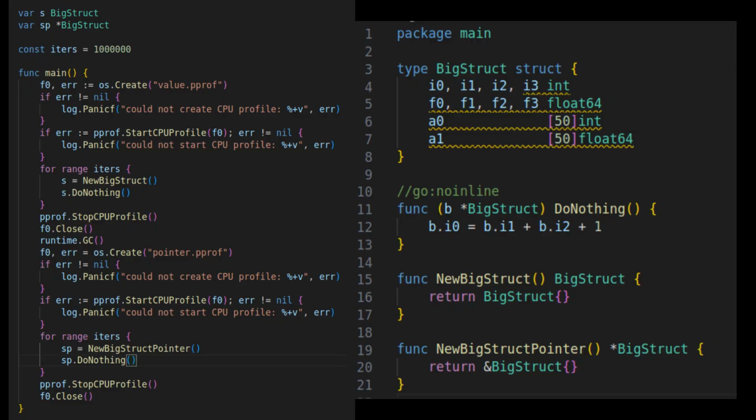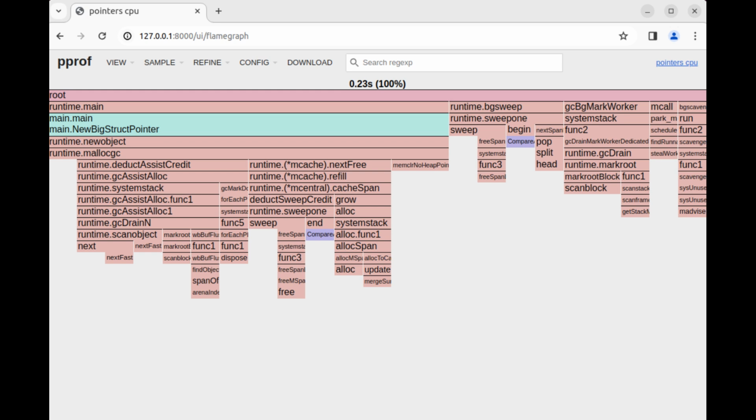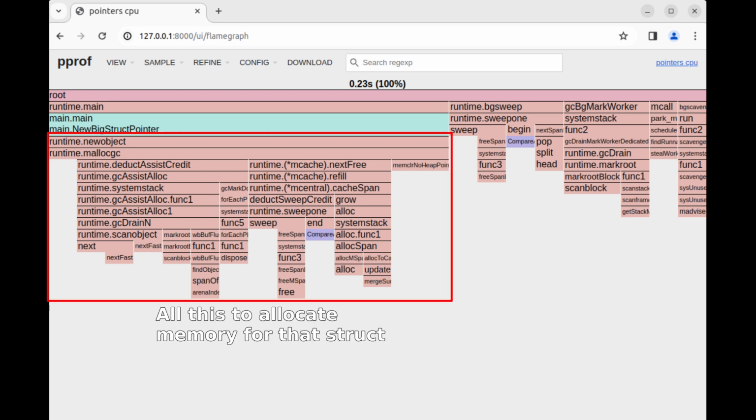See, when you return a value from a function, both the struct in the function and the one returned are allocated on the stack, and the amount of stack space required is calculated at compile time. Sure, the values still need to be copied from one stack frame to another, but copying memory is quite fast on a modern computer. However, when you pass a pointer around, the runtime needs to find space on the heap